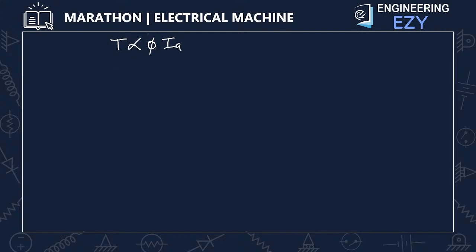So for the series motor, flux is directly proportional to armature current. So torque for a series motor can be written as proportional to Ia square. And it is also given that torque is directly proportional to speed square. So we can write T1 upon T2